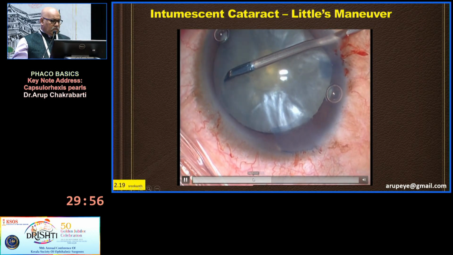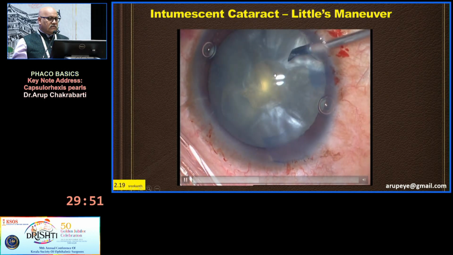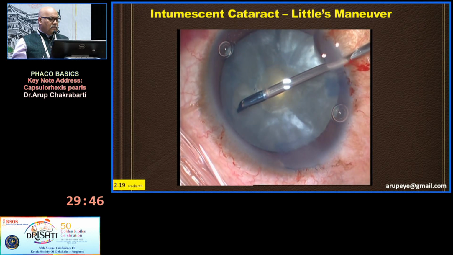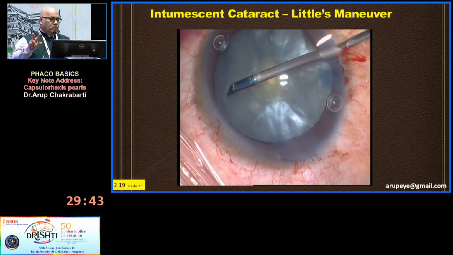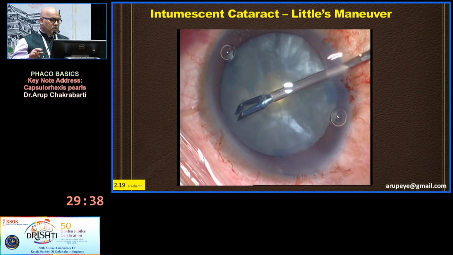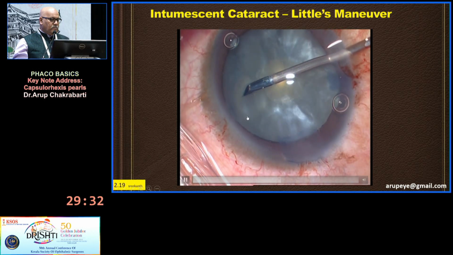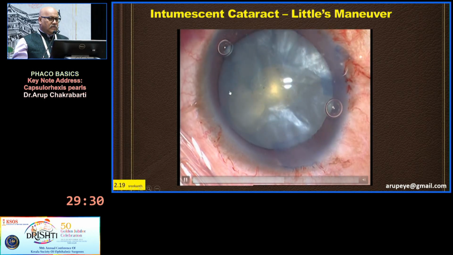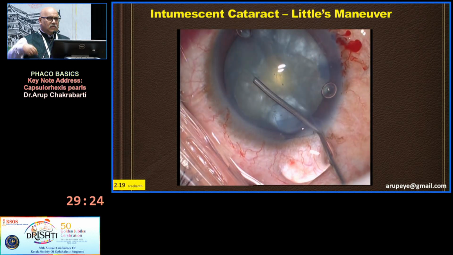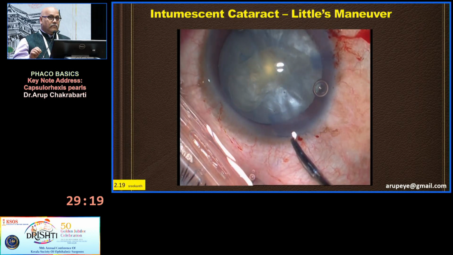Now I am pulling it. So a fresh paracentesis incision is created just to get the rhexis straight, and then using the rhexis forceps, you grab it very close to the V, where the tendency was there to run off to the periphery. Again, it punches it here, but then here, I'm pulling the rhexis in the opposite direction. So the intended direction of rhexis is this, but I'm now pulling it 180 degrees away. So once you see that rhexis has started coming under control, you bring it to the center and then pull it radially. And like any other rhexis, microrhexis,